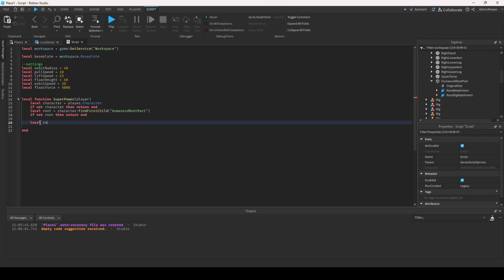So we can say local root attachment equals root find first child root attachment. Make sure that's spelled correctly. All right. So now we can start. Now that we have the character, we have the humanoid root part, and now we have the root attachment. Now we can use this